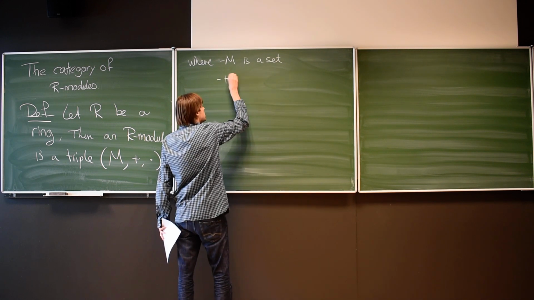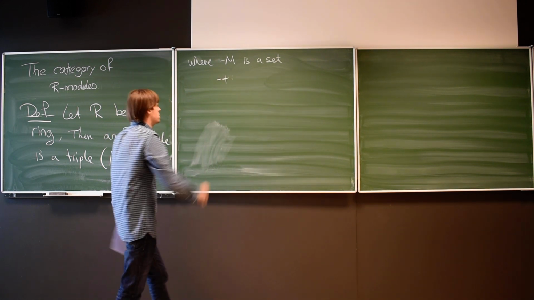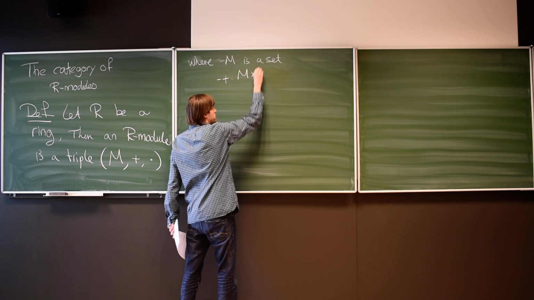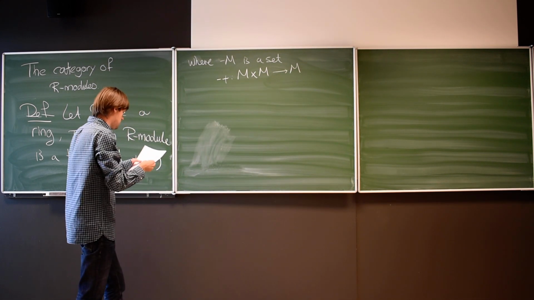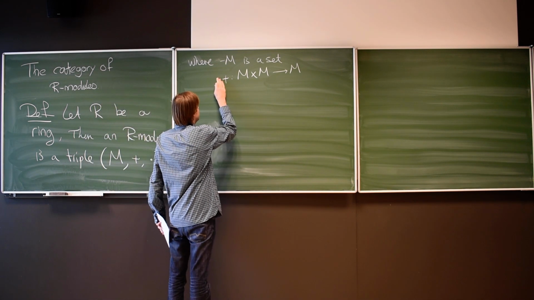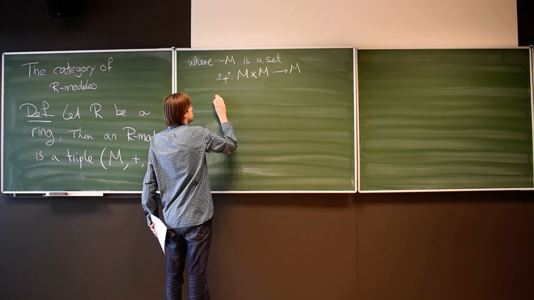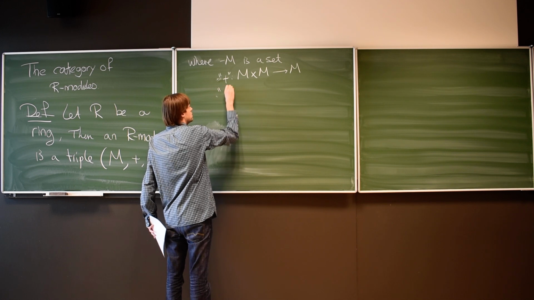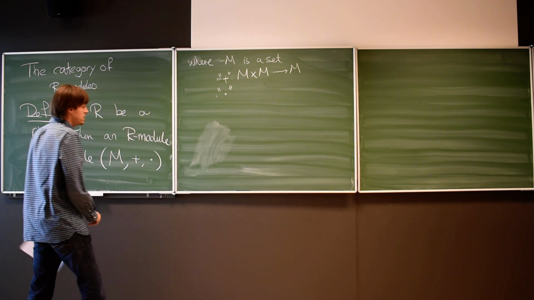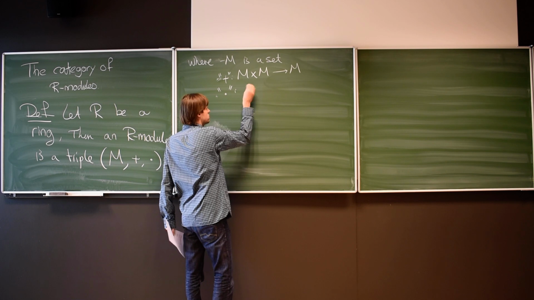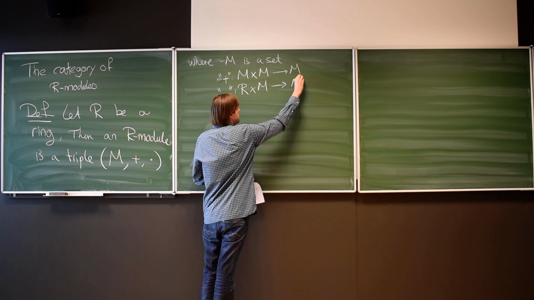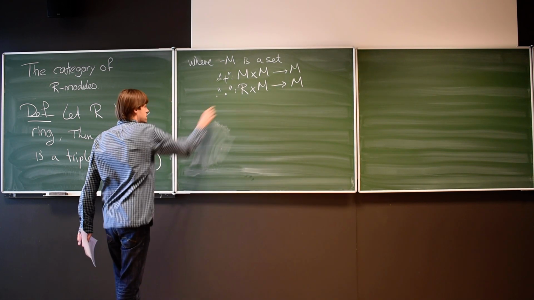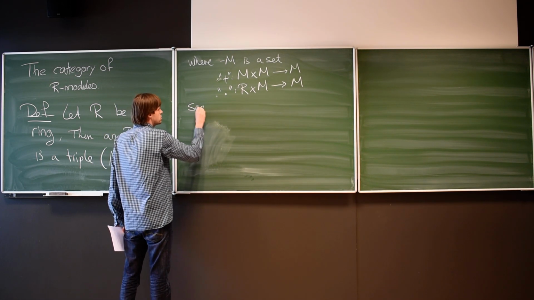The plus is a map from M cross M to M, the addition, and I also have a scalar multiplication, which I'll denote by a dot, which goes from R cross M to M. So this is called scalar multiplication, such that